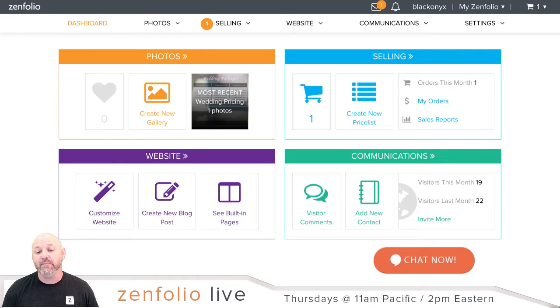One of the big benefits to doing things this way is that not only do you get to use visitor sign-in with the gallery, it's also going to tag those people with the type of pricing that they're viewing. So you can set up multiple pricing pages. Let me show you what I'm talking about here really quick. If I click on photos right here,